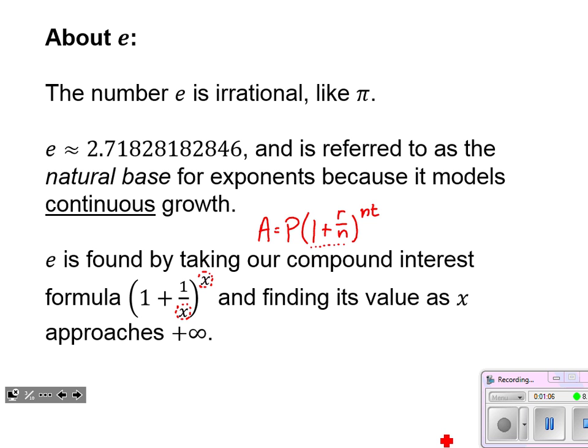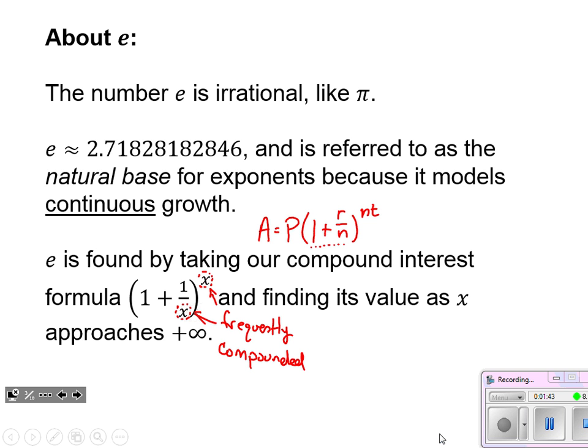So what we have is this situation where these two places in our compound interest represent how frequently that value's compounded per year. So it's telling us things like monthly, daily. You remember that from 6.1, I hope, when we were doing compound interest. Well, here we're looking at what happens if we take that to an infinite number of compounds per year. So it's compounded over and over and over again. And what we find is that this base turns into this number 2.718.